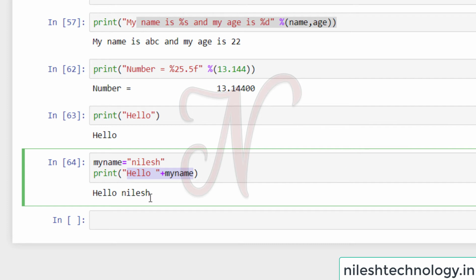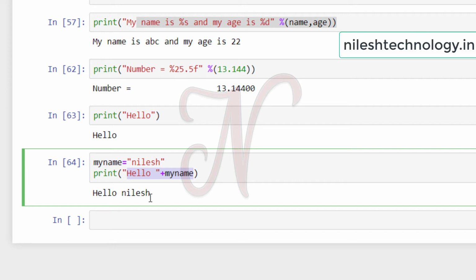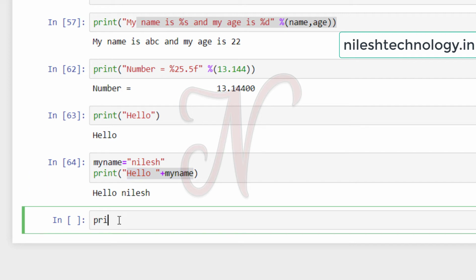Okay, so now we have to discuss two methods in Python. The first method is the dot format method. The format method is used with the dot format syntax. See the first example: print, this is a string, then here my curly brackets, then dot format.